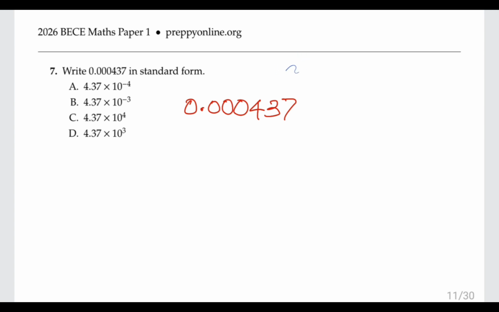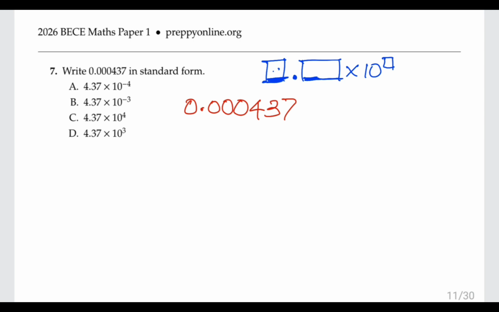So we are looking for all these missing numbers. And we want it to be such that the number that we have here is